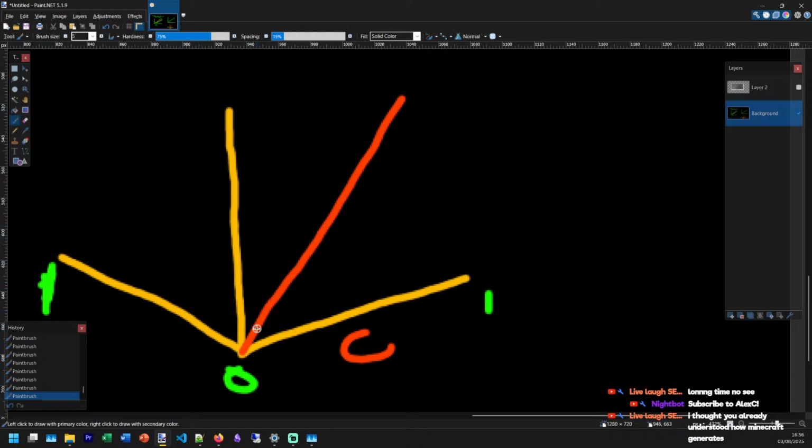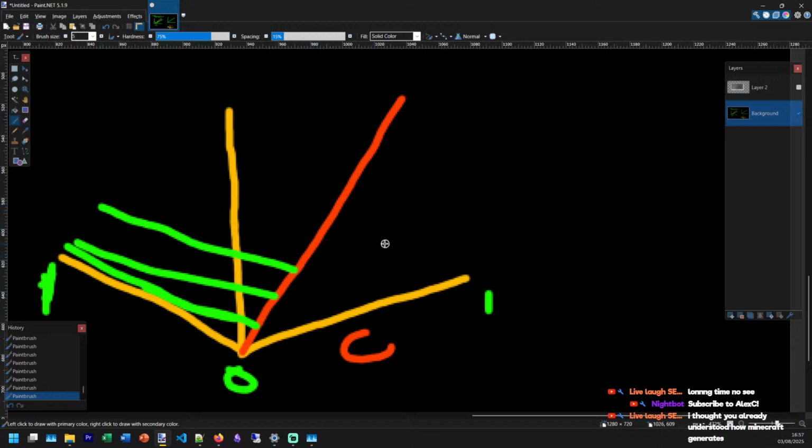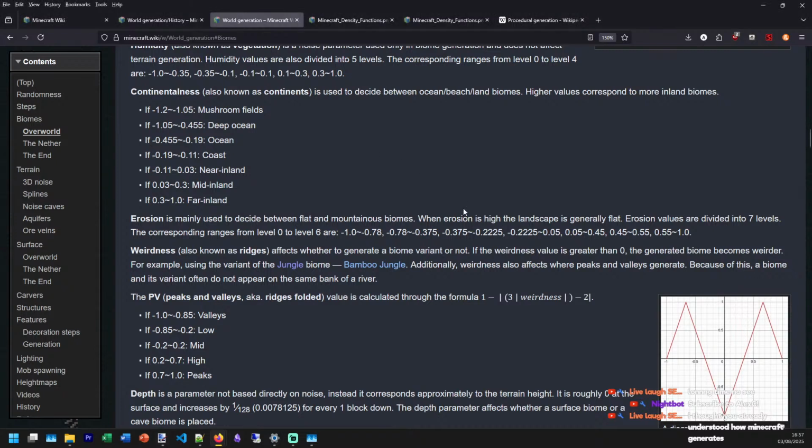So when that's 0 and that's 1, and we're at continentalness 0, it makes a straight line, pretend that's a straight line. Then so on. I can't draw. And then when we actually get to 0.5, my bad, we actually start getting some effect from it based on. No, do we actually?